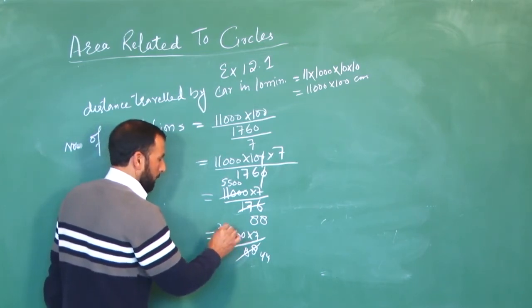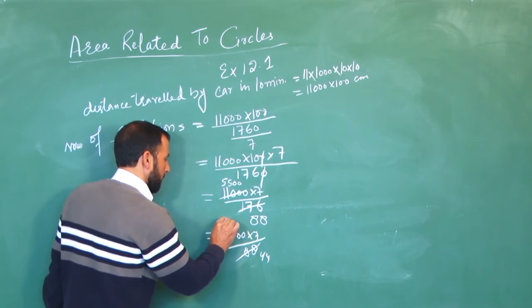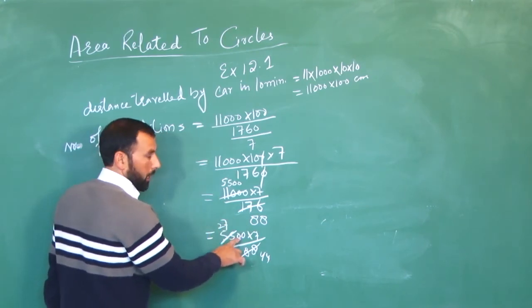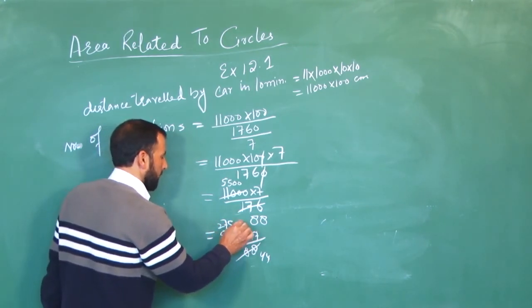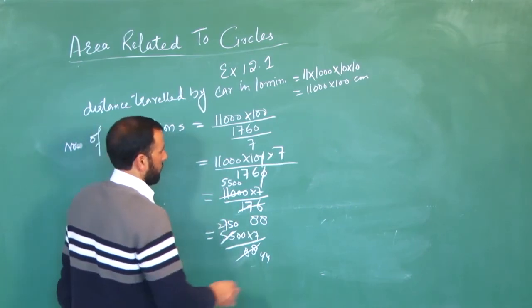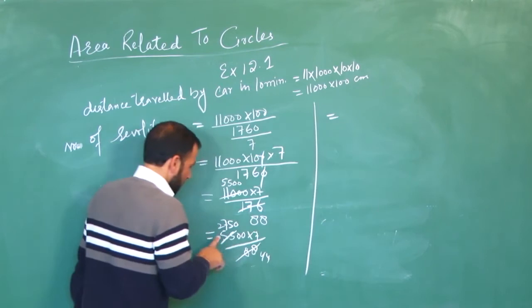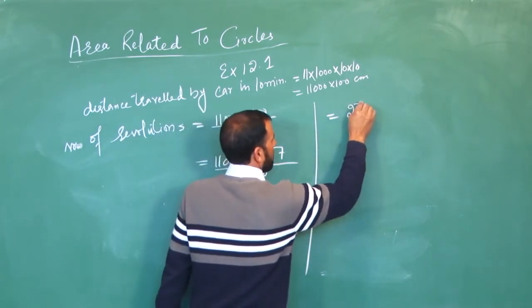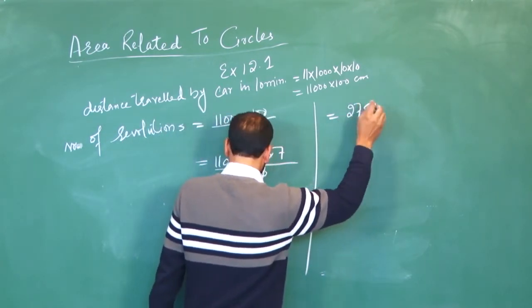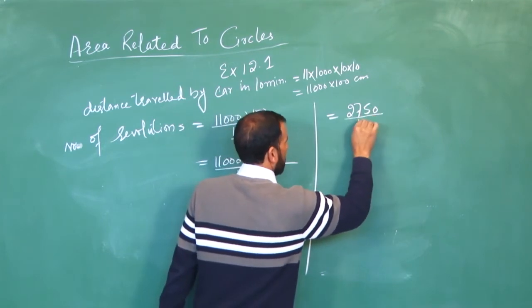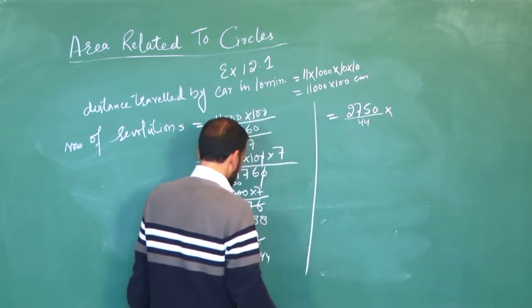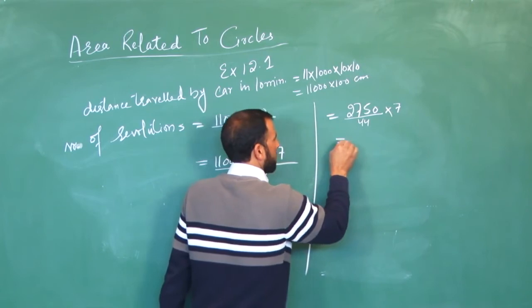Then 1 carried becomes 15. Then 2, 7 or 14. 1 carried becomes 10. 2, 5 or 10. Then it is 0. Further we calculate it here. That is, it is 2750 divided by 44 into 7. Further calculate it, you get